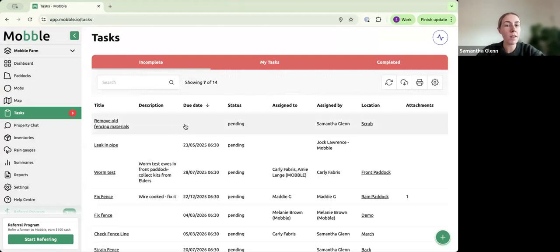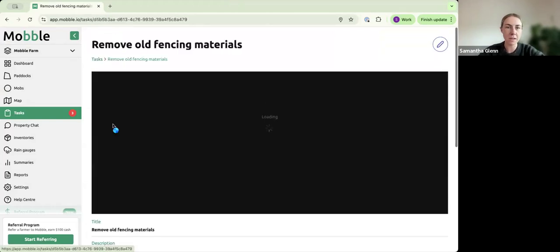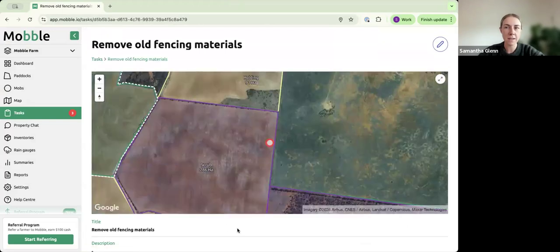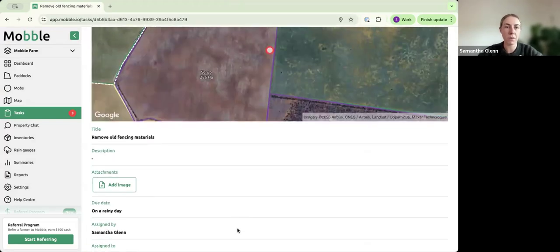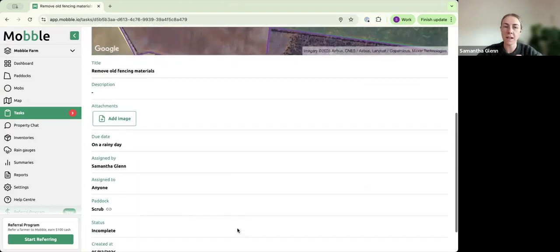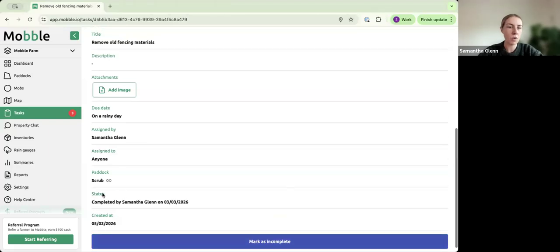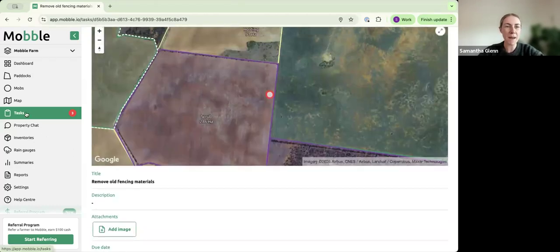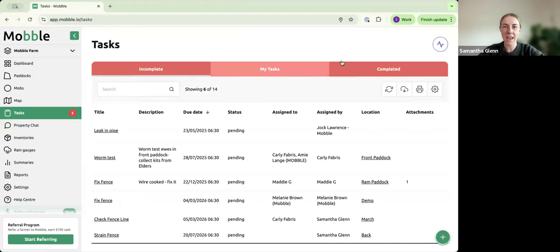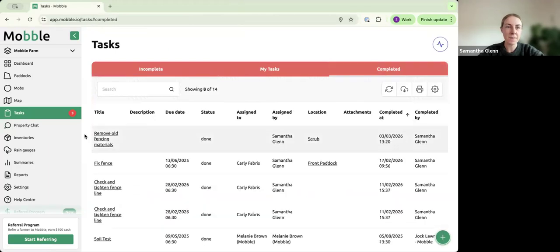And what you can also do is once a task has been completed, so for example, let's just say remove old fencing materials here, you have the ability to mark a task as complete. So essentially, this is a task that was previously assigned. It was assigned to anyone, meaning that anyone on the team could complete it. And then I'll select Mark as complete. And it will just say status, it was completed by myself today. So if I go back to the tasks page and I see completed here, you can now see that that's